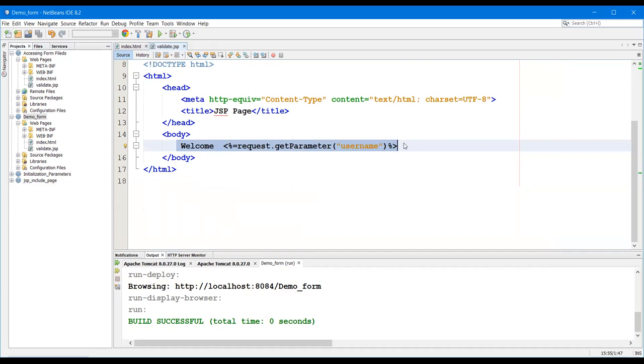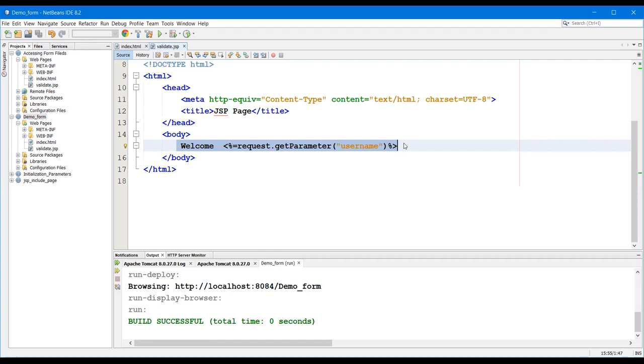Otherwise, in a servlet program, we need to import the packages, create one class, create one service method, create the PrintWriter, write one string variable and store the parameter value in it. Then write out.println and inside it write the HTML code.